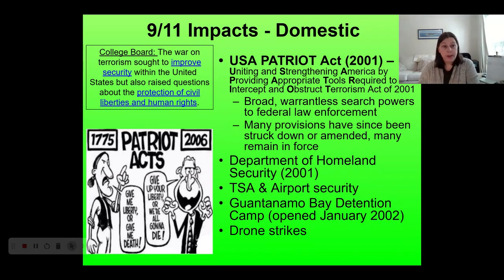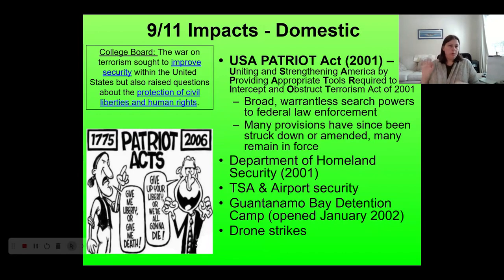We've had Guantanamo Bay as a military base since the Spanish-American War. It's one of the things that we get from Cuba in the wake of the Spanish-American War. But this is when we open it as essentially a black site prison, right? The Guantanamo Bay detention camp opens in January of 2002. Another really big debate that comes out of this is the question about drone strikes and the extent to which the United States military should be using drone strikes, which allow you to not be engaged in combat face to face.